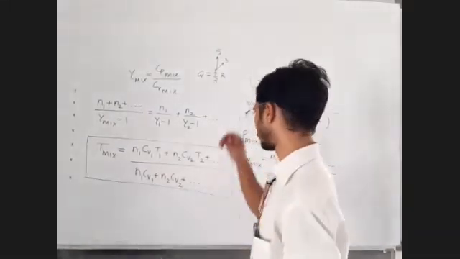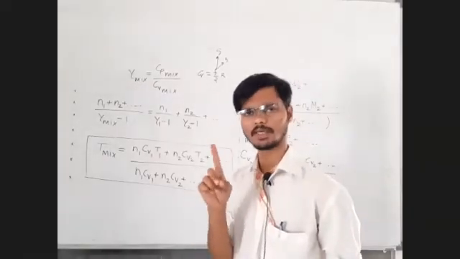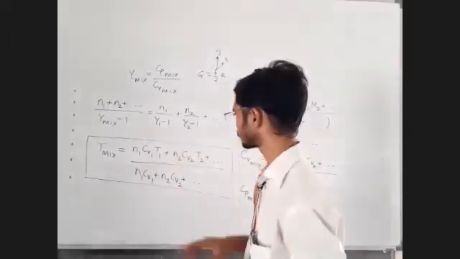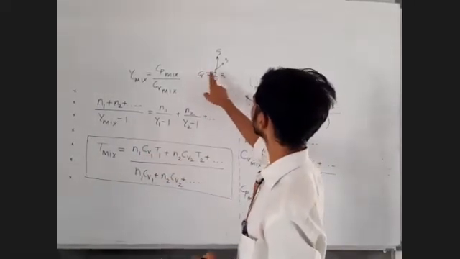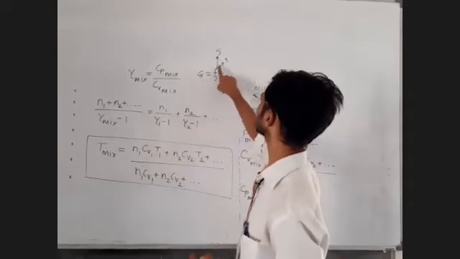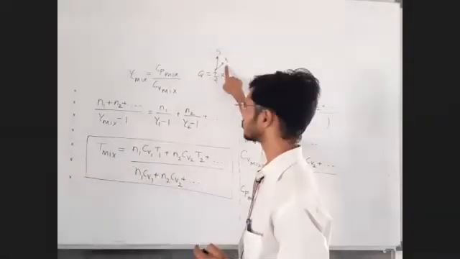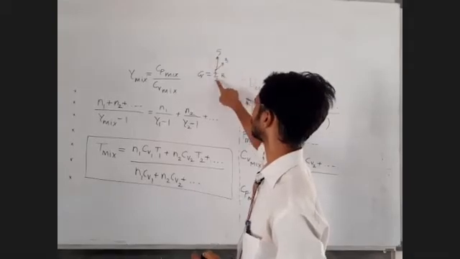Fine. So what I was saying is this: first gas will be given to you as monoatomic gas, second will be given to you as diatomic gas. Sir, general formula of CV is F by 2 R. So sir, for the first gas CV1, I will calculate CV1 as 3 upon 2 R because first gas is monoatomic gas. So 3 upon 2 into R, and the second gas is diatomic gas, so I will write 5 upon 2 into R.